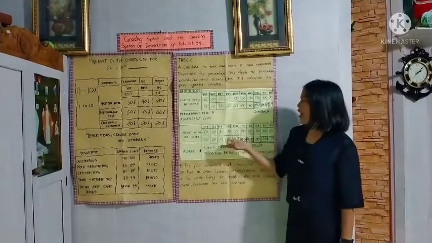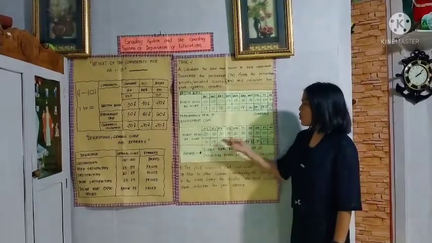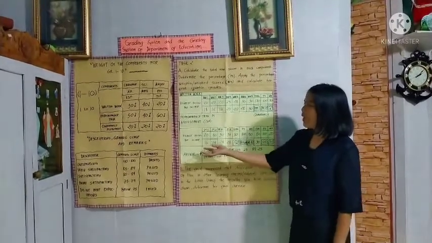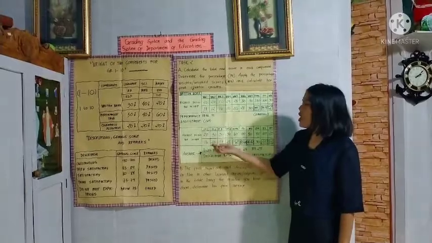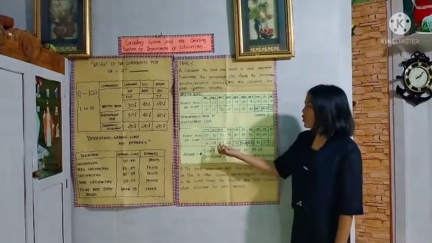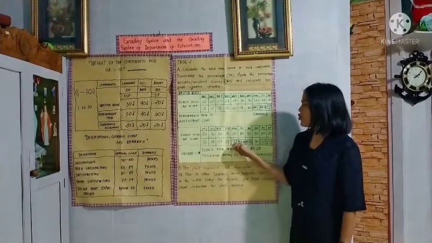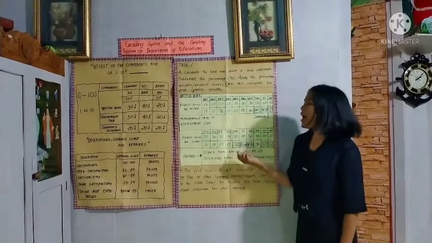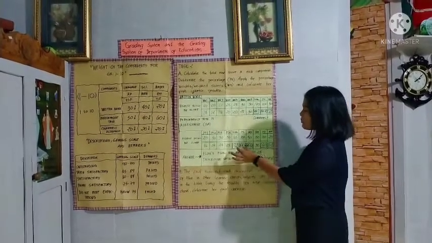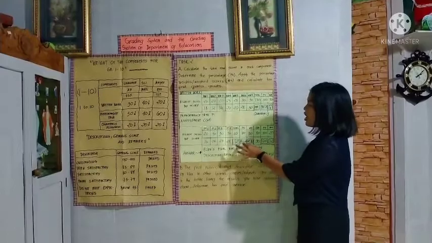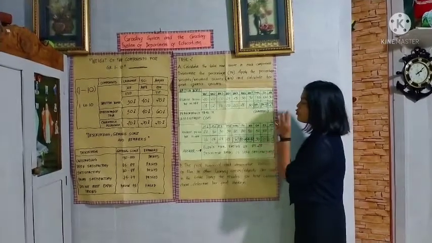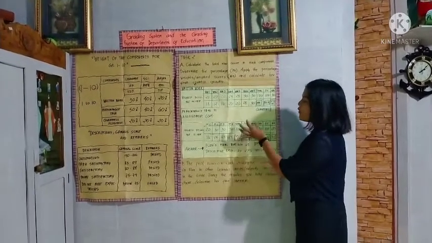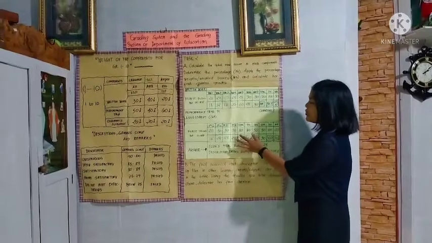Since we already have the total for the highest possible score, we now get the total of the raw score. There are 4. We add 16, 24, 25, 28 equals 92. In order to get the percentage score in performance task, we divide 92 by 110 times 100 equals